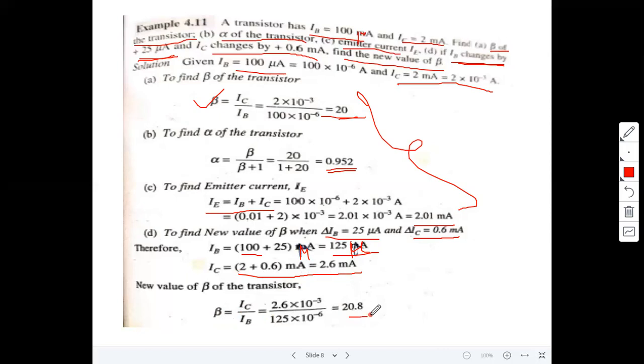Like that you have to calculate the currents. If we are given any one of the current gains and one current, using the interrelationship between the current gains you can easily calculate the remaining two currents, right? Once you know one current gain and one current value, you can easily calculate the remaining two currents. Okay, that is about problems.